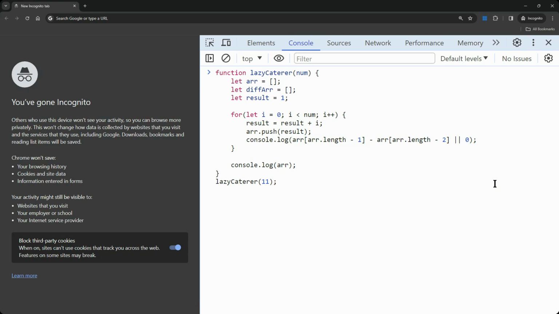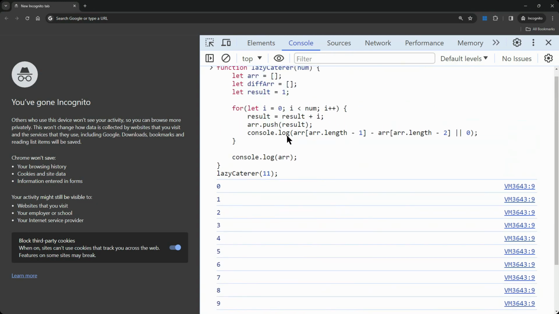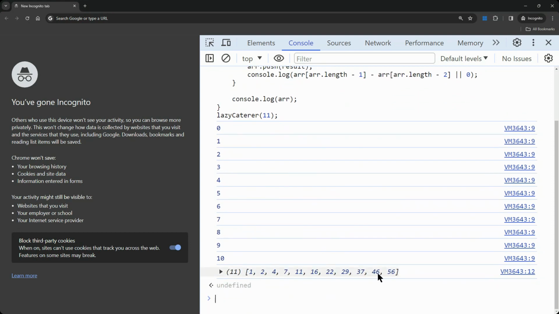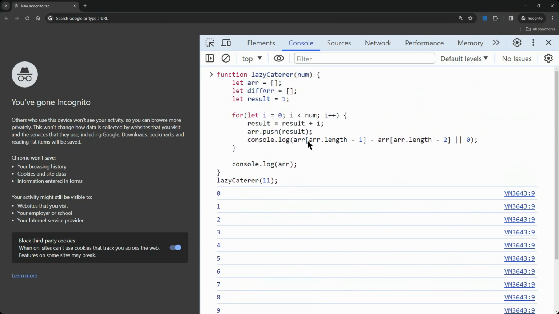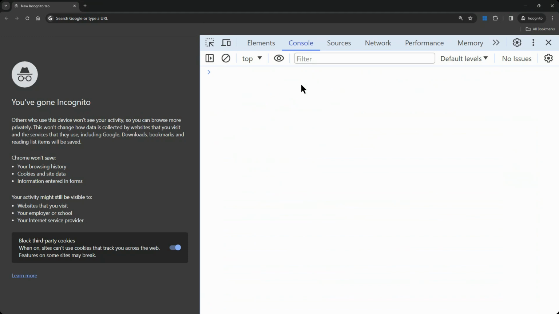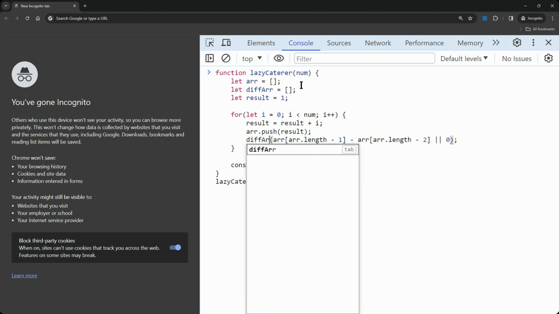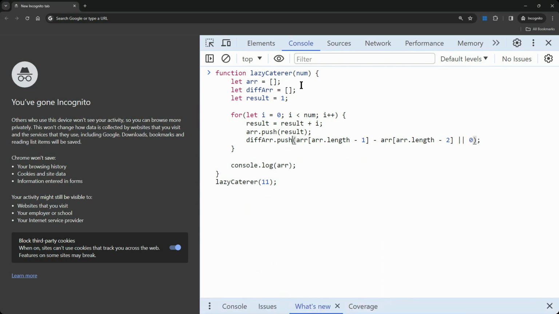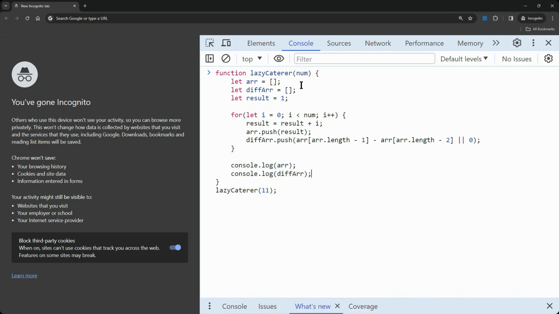Okay, so let's see if this is going to work. And now I'm getting indeed 0, 1, 2, 3, etc. output from right here. And finally, I get a lazy caterer sequence right here. So obviously this is working, but the output is kind of, well, I guess it can be improved further. So let's do that right now. So what I'm going to do is, instead of console logging it right here, I'm going to do diff arr.push, and I'm going to push this same thing right here, and now console.log diff arr, and this should give me a